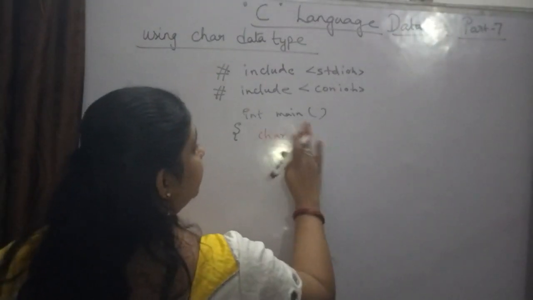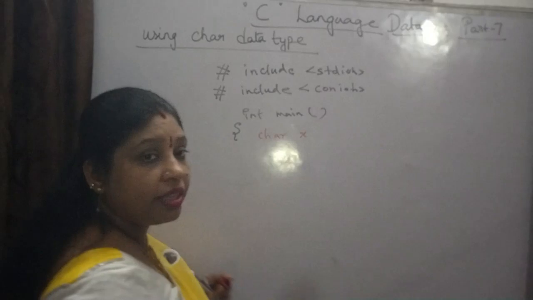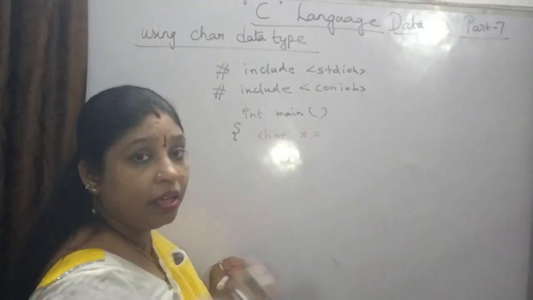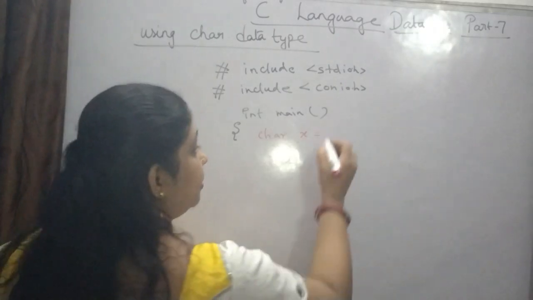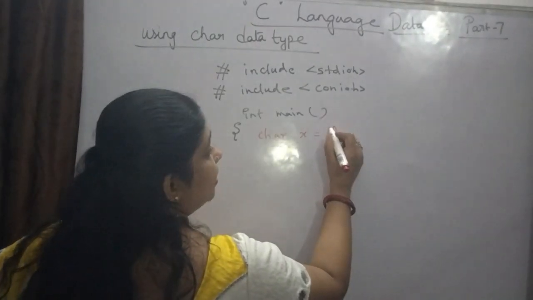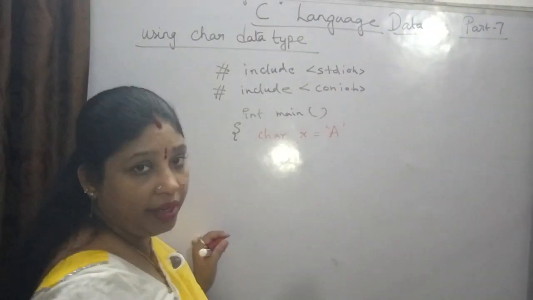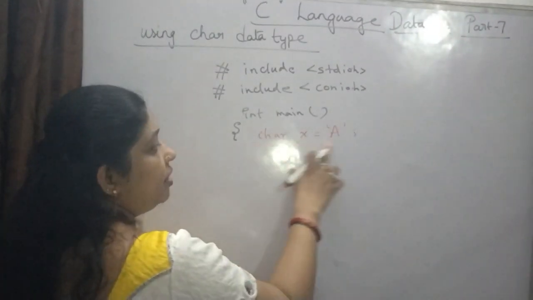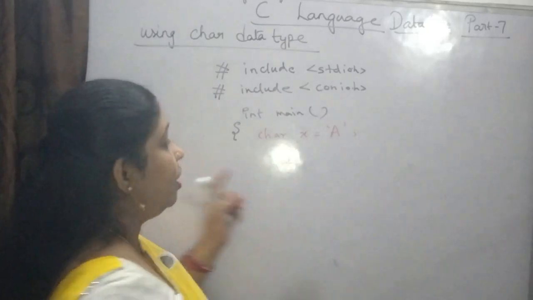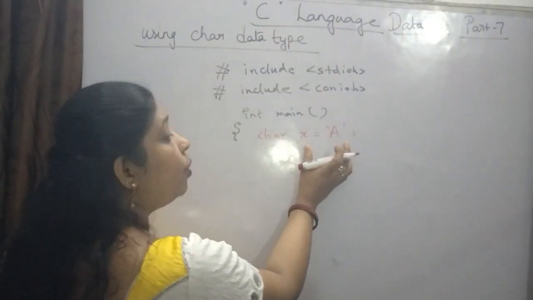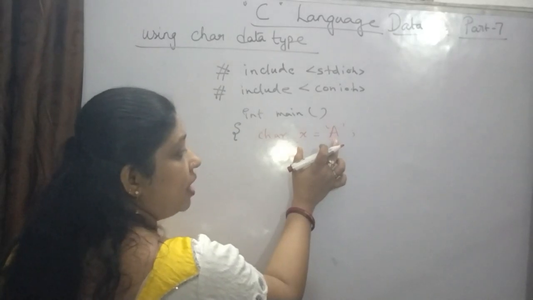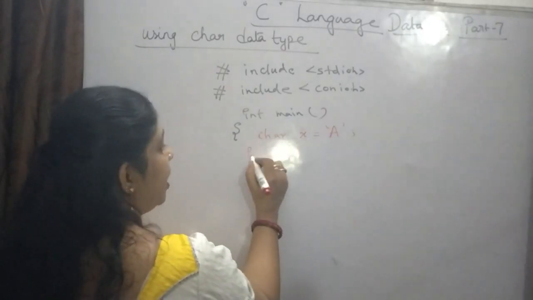I'll take x as the variable and I am assigning one character, that is capital letter A, to the character data type variable. So here the declaration part is completed. Now I want to show this character A on the output. How will I do? I have to go with